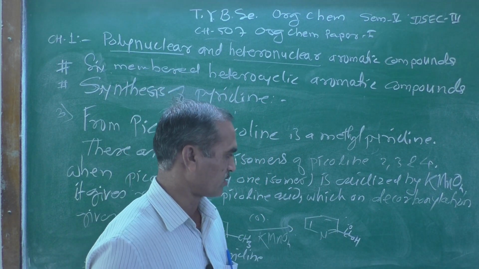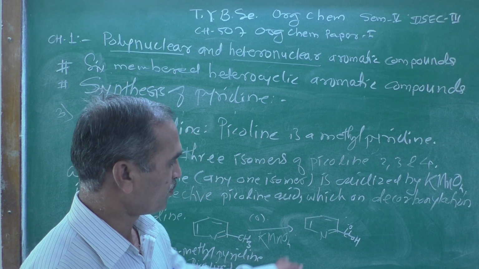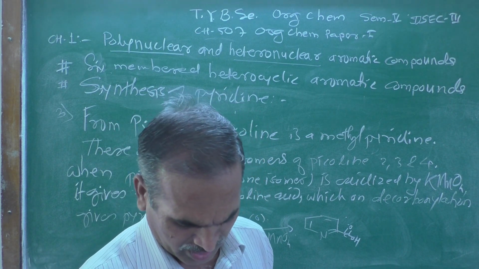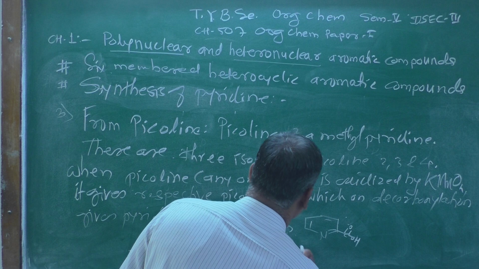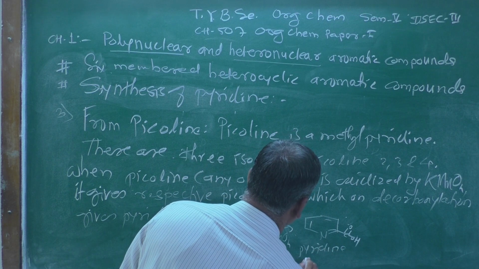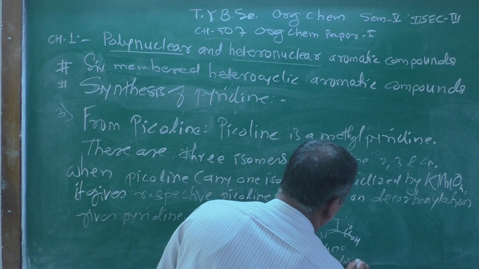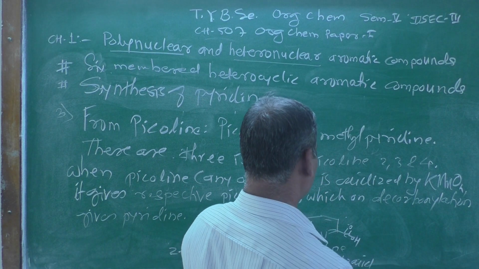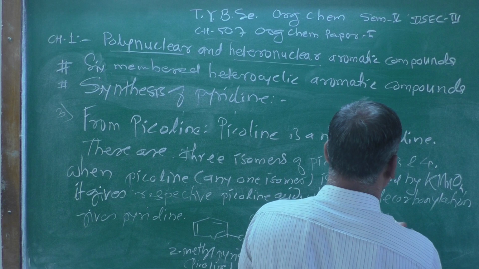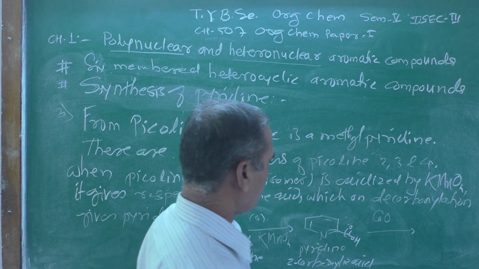or you can call it pyridine-2-carboxylic acid. Pyridine-2-carboxylic acid. And this 2-carboxylic acid, when further treated with calcium oxide, which is the reagent known for